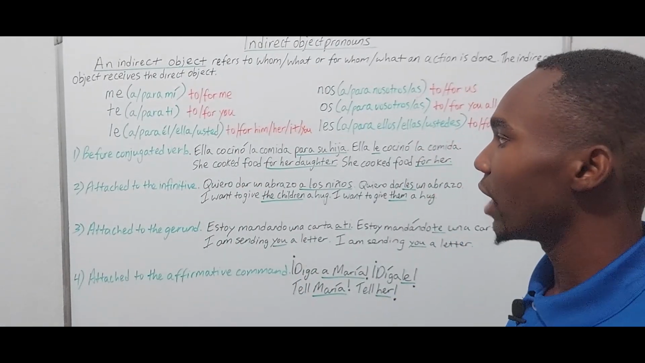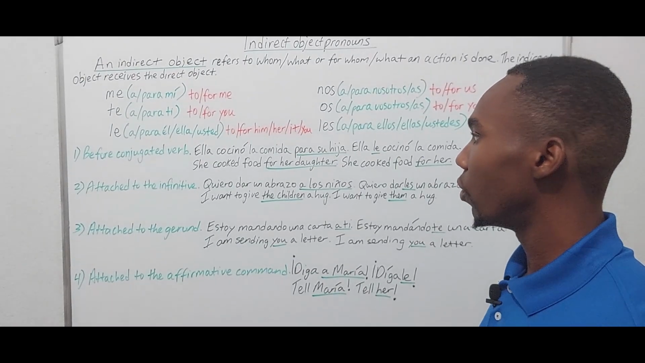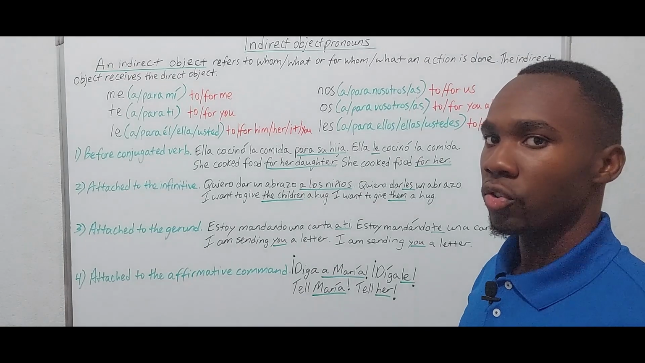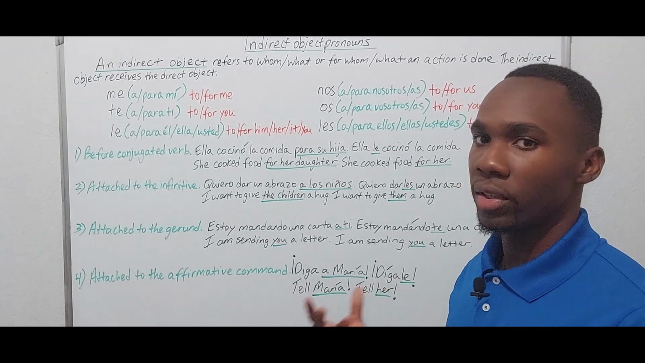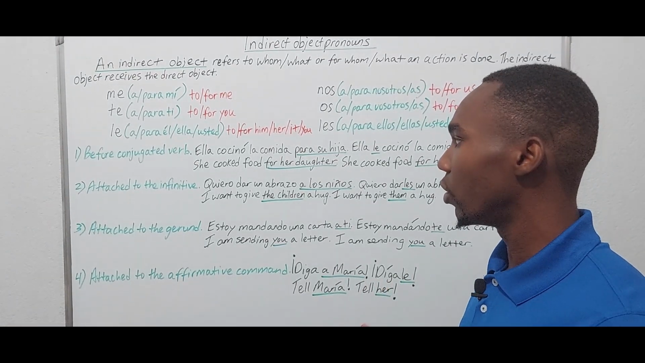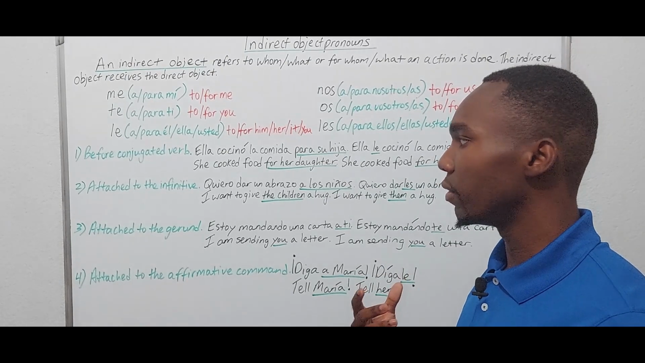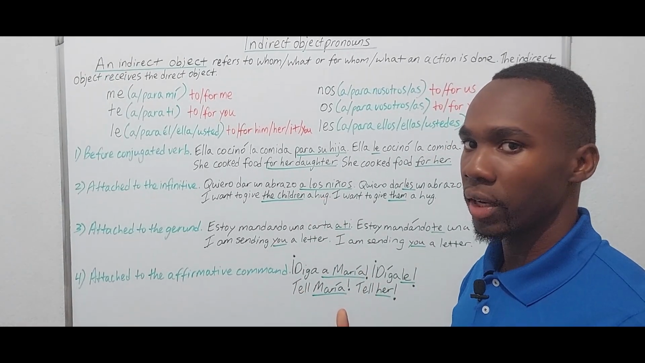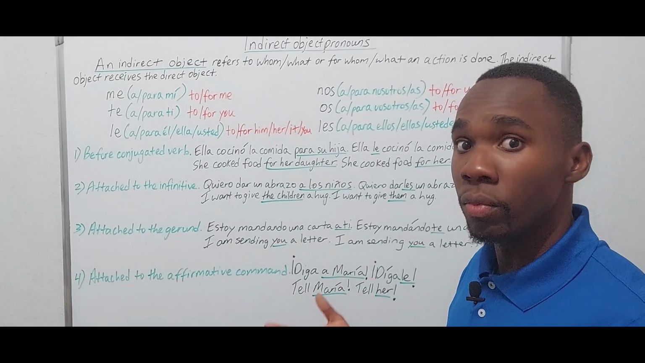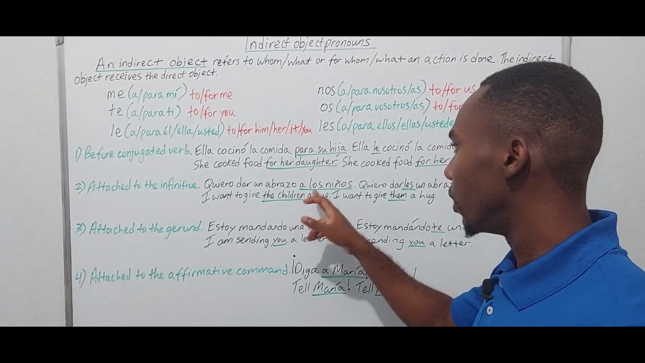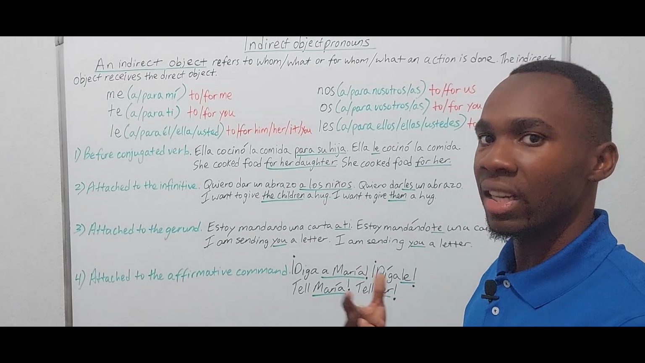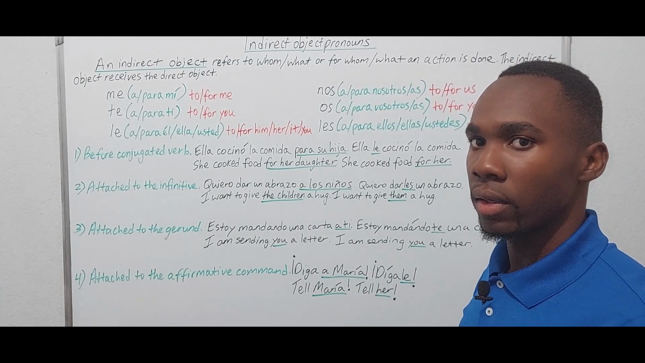Two. Attached to the infinitive. So quiero dar un abrazo a los niños. So again, we identify our direct object. Quiero dar un abrazo. So I want to give what? Right? Un abrazo. That's the direct object. I give a hug to whom? To whom? A los niños. To the children. So that would be our indirect object. Okay? Because